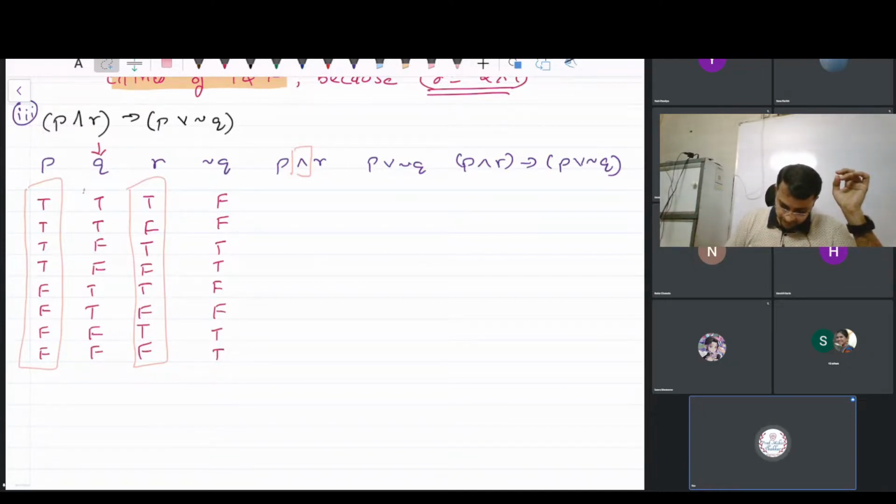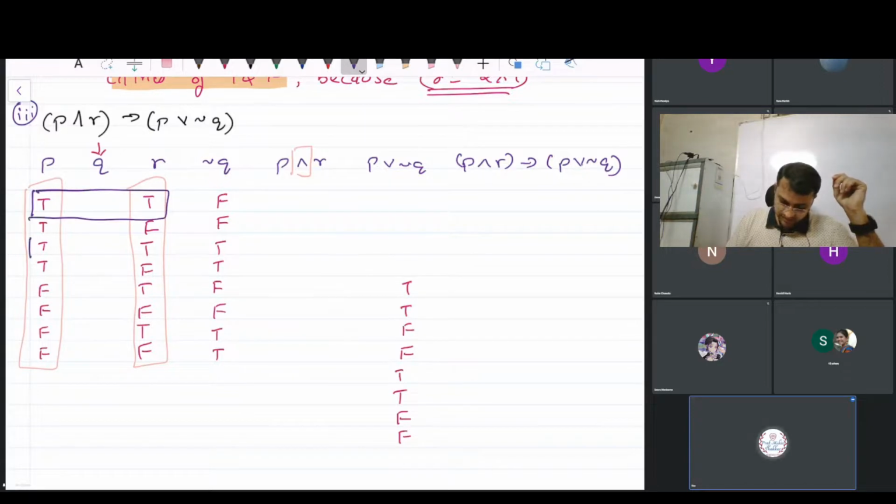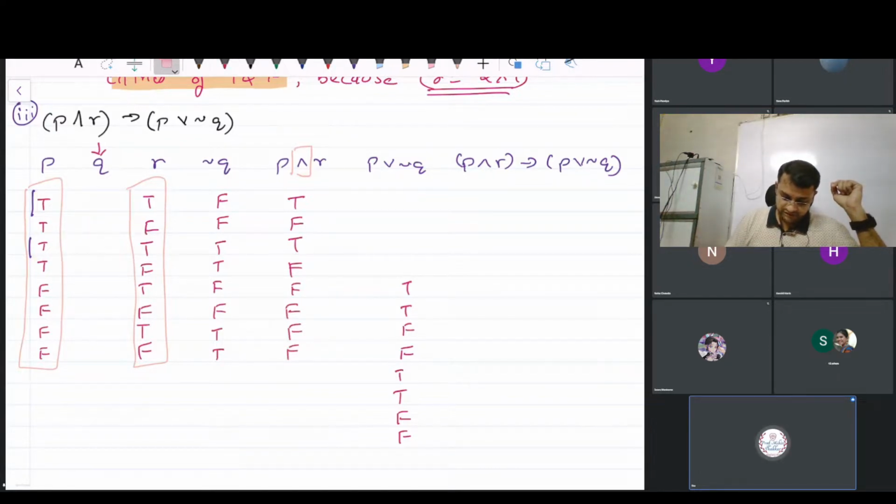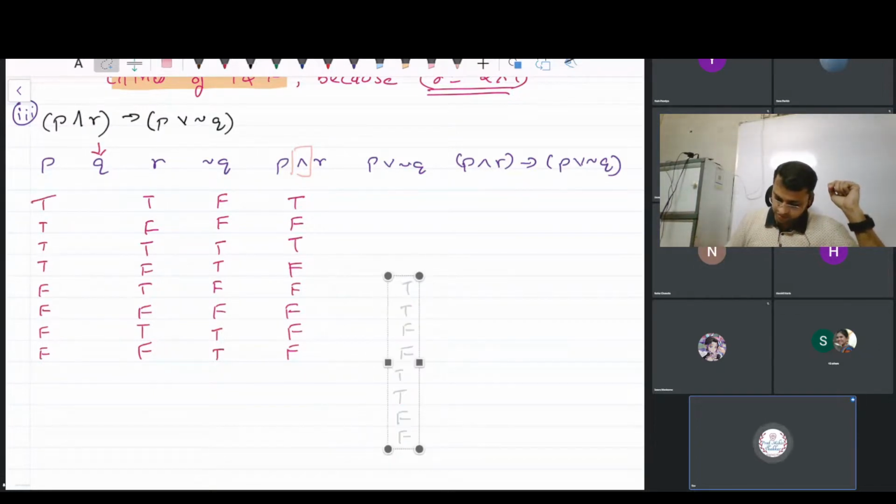Let me do one thing. Let me remove this thing from here in between so that I can just highlight some things. I have this T and T. I also have over here T and T. So only in these two places the answer is going to be T. In all the remaining places, if you observe, the answer is definitely going to be false. So let me write that much first. TT, the remainings are false. Okay, I'll just get rid of this, as well as I will bring that in its position so that I can work for the remaining columns now.